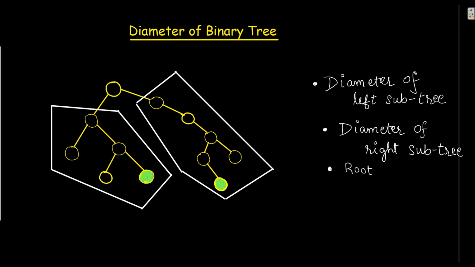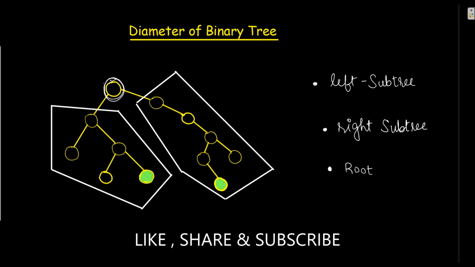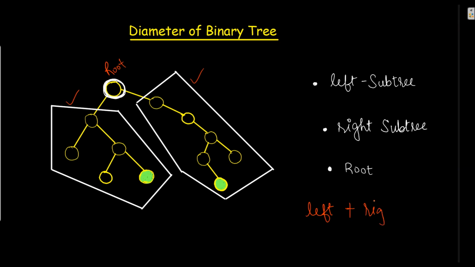First, let us discuss including the root. When we are including the root, it is the same as the maximum depth when we were calculating the height of a binary tree. I have made a video for this, you can refer to it. So it is the same as maximum depth, where we need to calculate for the left subtree, then the right subtree, then this root. So we will calculate left subtree plus right subtree plus 1. The 1 is for the root. So this is when we are including the root.